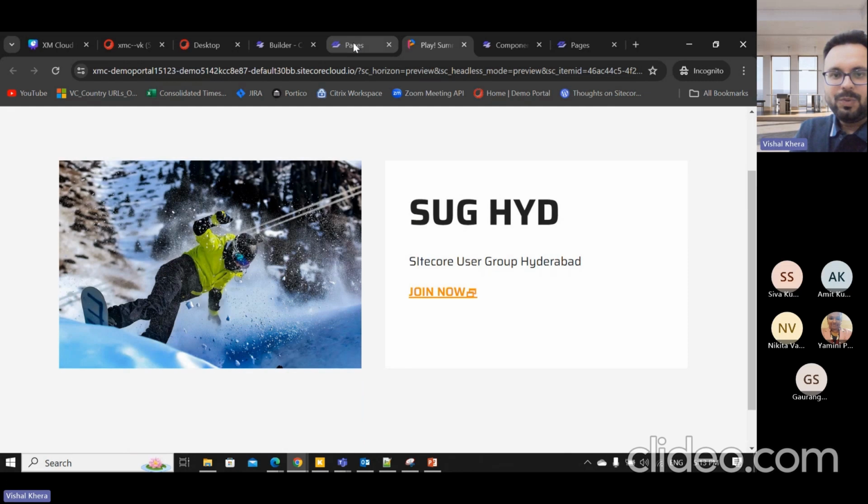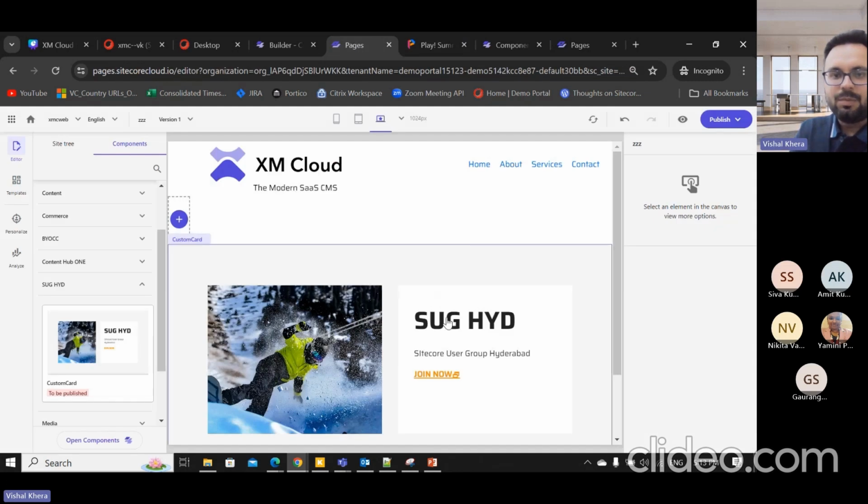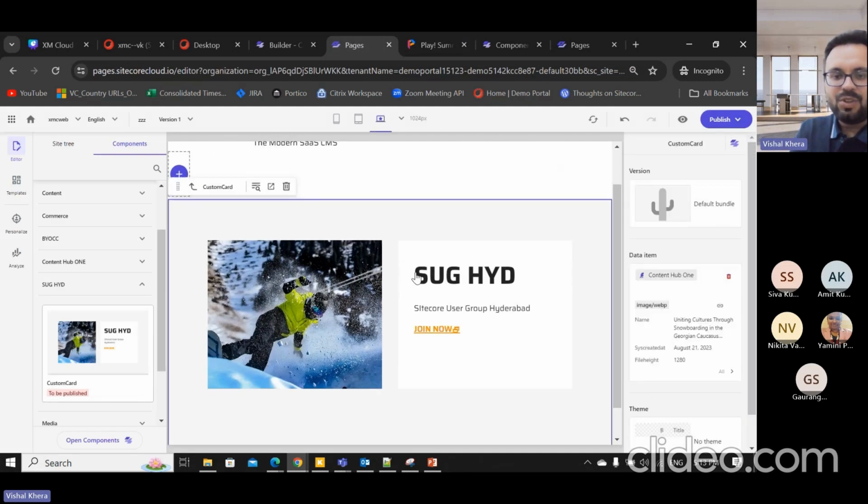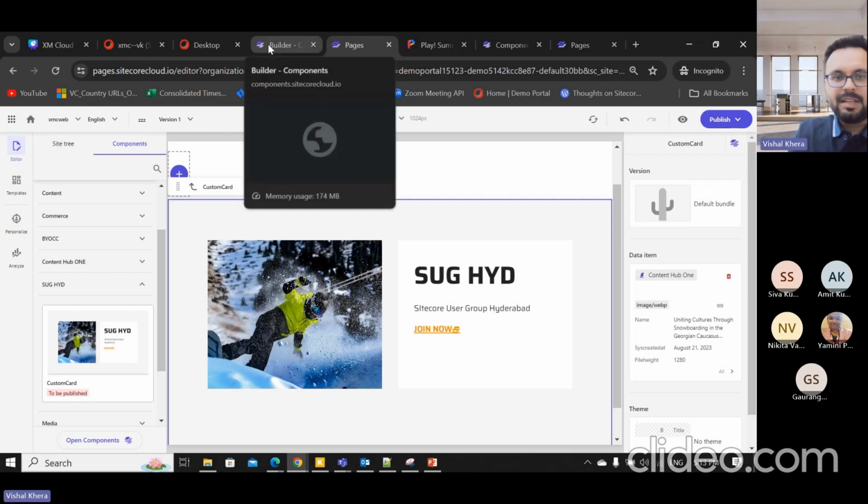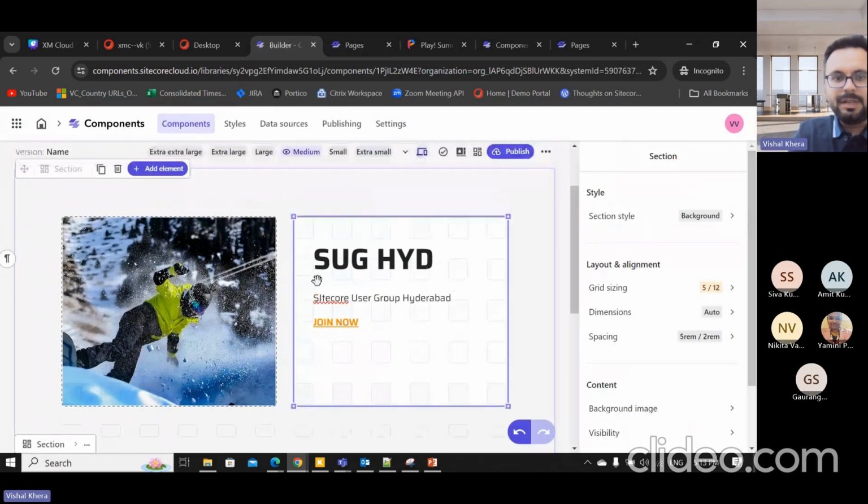But now, this is a static component only, right? If I want to change anything, it will not be a dynamic one. If I have to make it reusable, if I have to use this component on multiple pages, but now the content is static only, right? So to make the content dynamic, we need to use the mapped content. Okay, so let's go back to the component builder